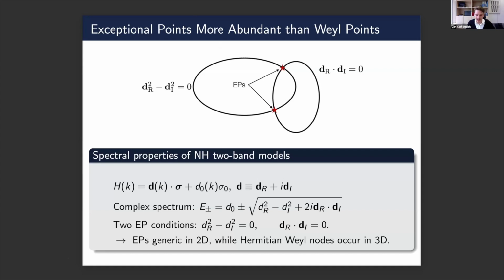Right? You can also ask, how likely is it that if I have some dissipation, I'm at finite temperature also in my Weyl semi-metal, how likely is it that I will have a diagonalizable degeneracy, a traditional Weyl point? And the answer is, of course, very unlikely, because if I now have real and imaginary part, and I want to make this degeneracy diagonalizable, then this means that not only the three components of dr, but also the three components of di individually need to vanish at this momentum. So this is 6 parameters.